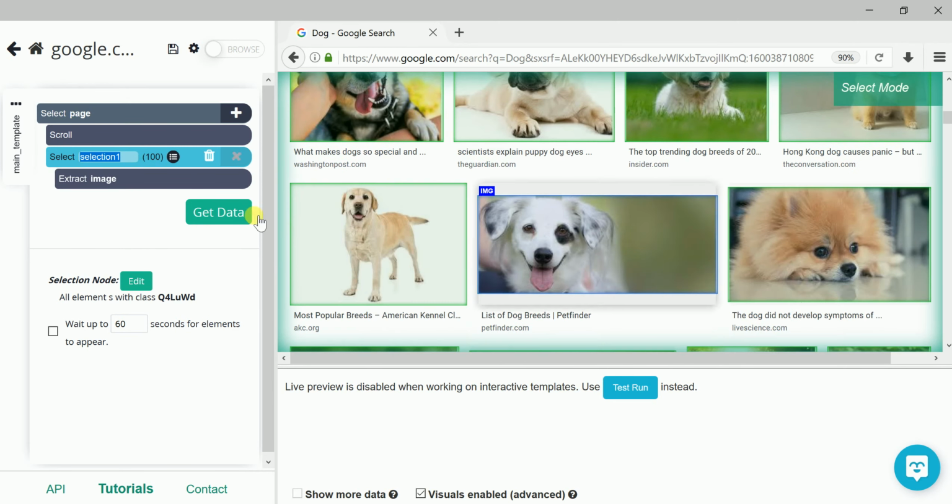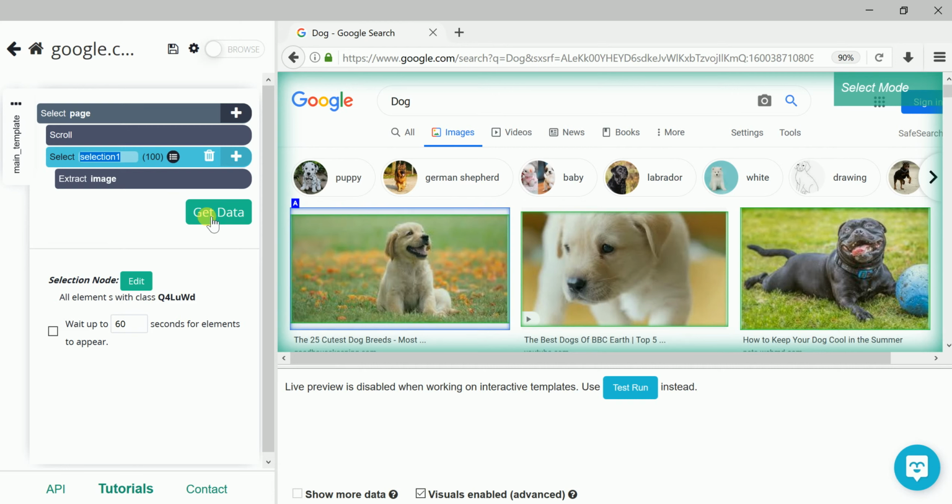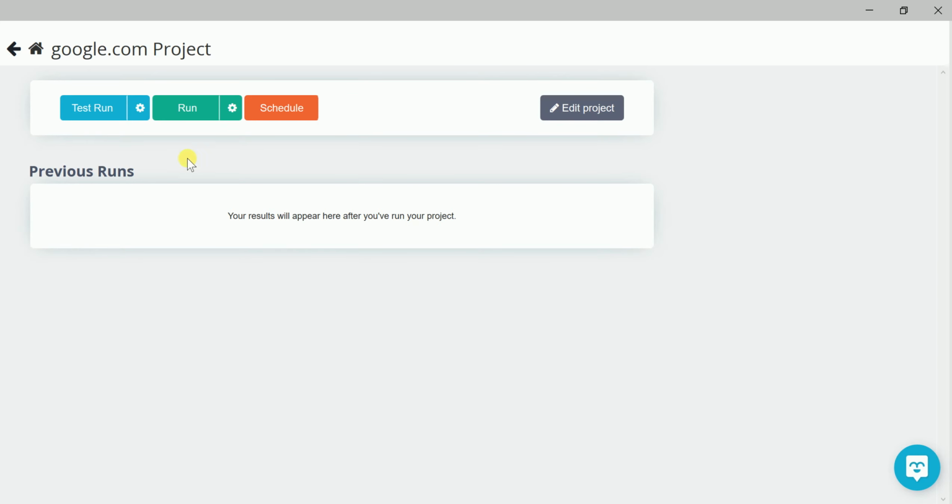Once you are done with this, you need to just click on get data. From here only we are extracting the URLs. Then you need to select run to get the file in CSV or other formats like JSON.